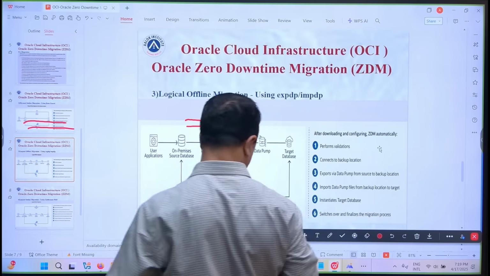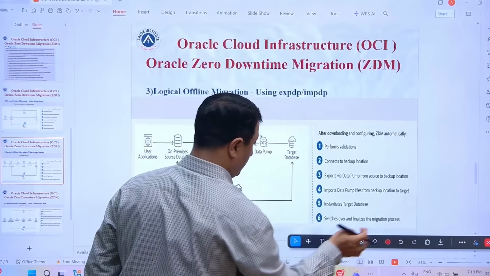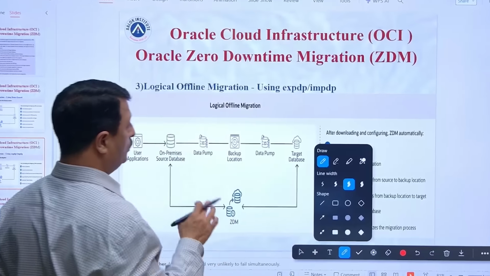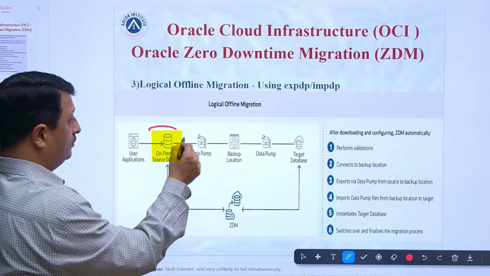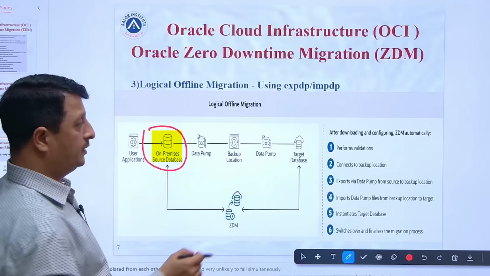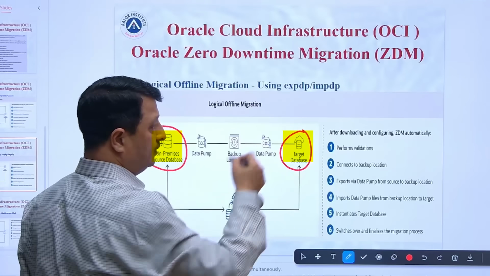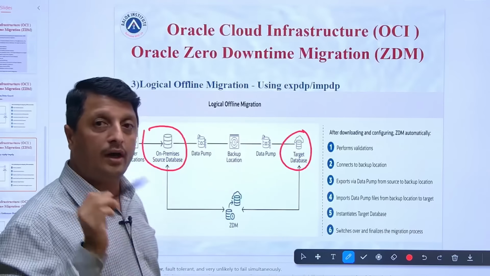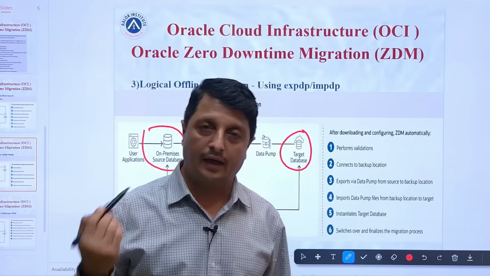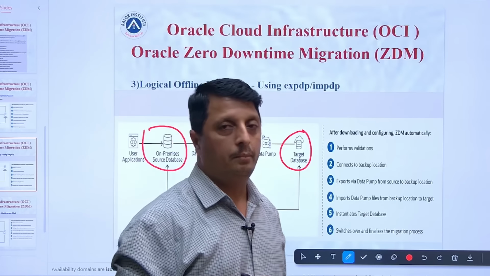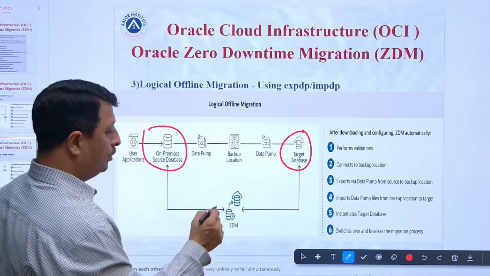So what does this architecture say? How do I migrate my database? Obviously you have to tell it this is my on-premises source, and this is my target. The target database should be up and running. We call it a placeholder target database. The ZDM will go ahead and